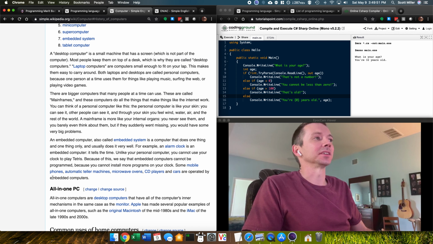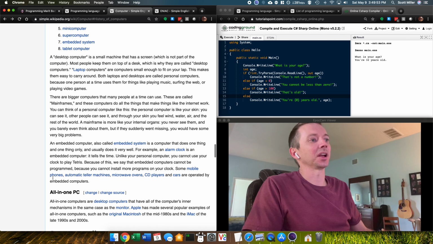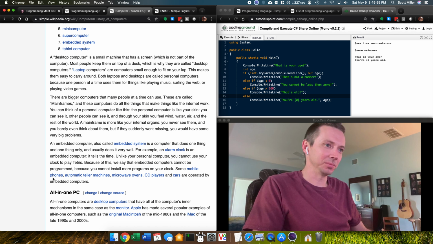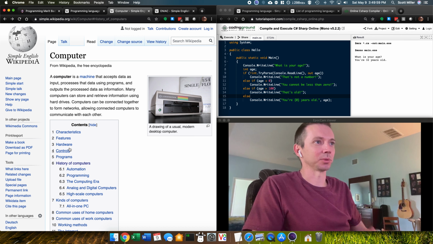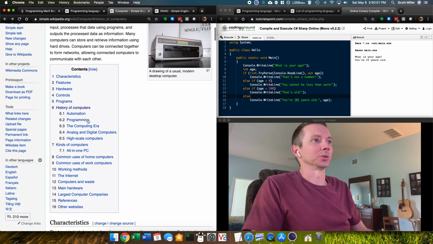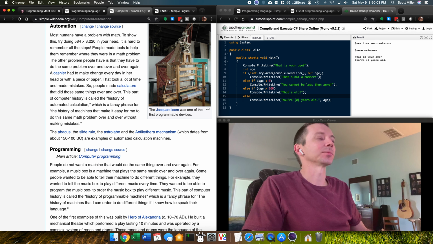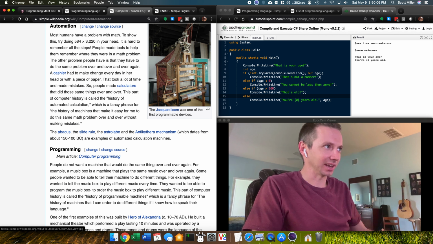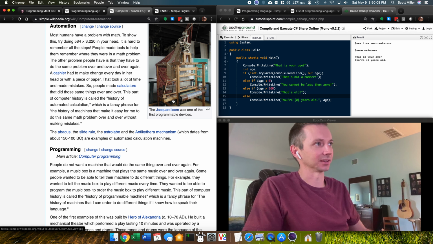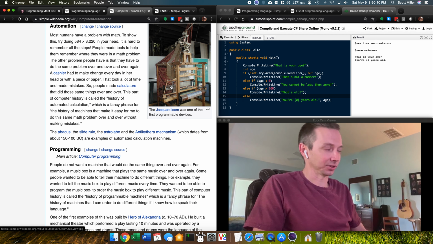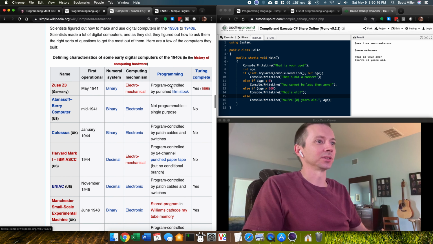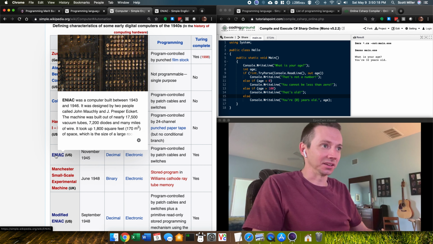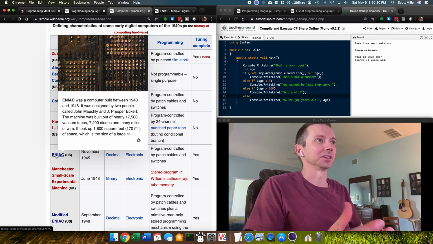So that's the history of computers. I would say that the three big milestones that humans have hit as part of that requirement are, whenever we first started trying to make mechanical machines, no electricity back then. That was the big first milestone of having something that was a programmable device. And then I would say the second big milestone was something like the ENIAC,